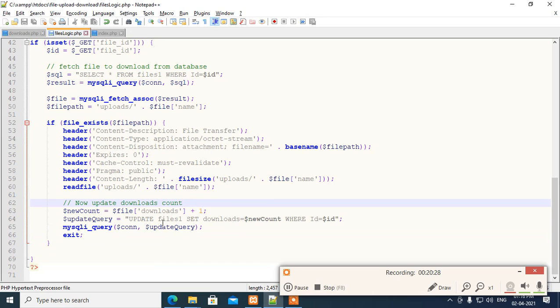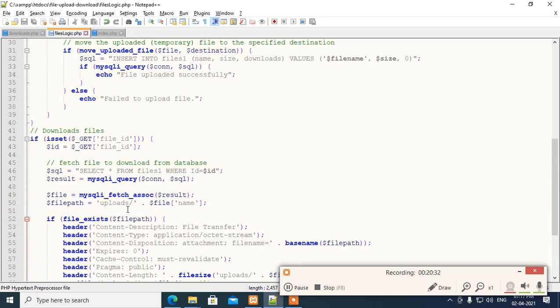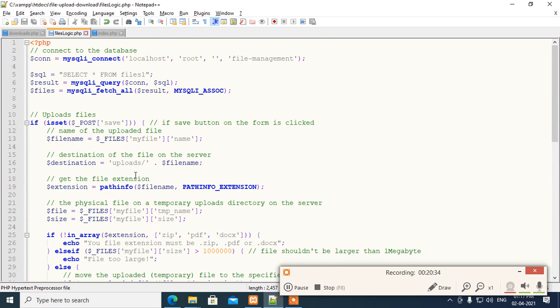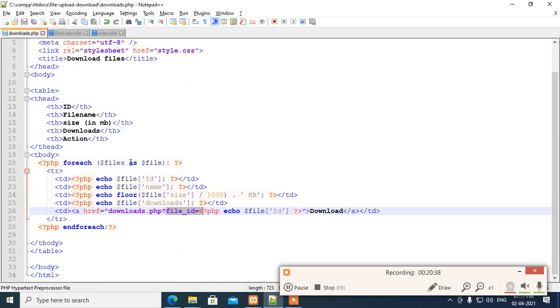So you can see all the information from here, and here I do not find the size of the file.